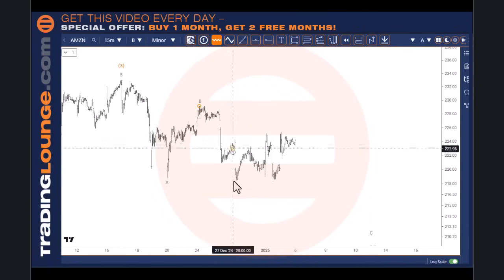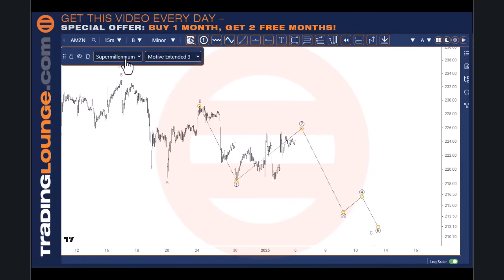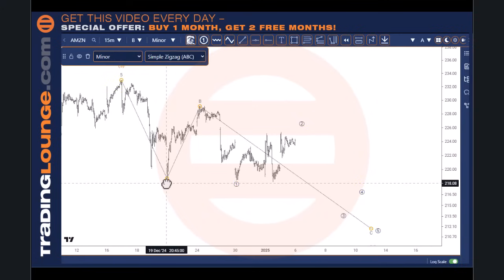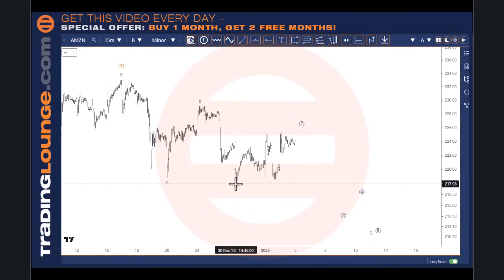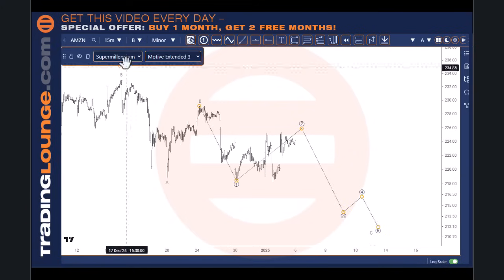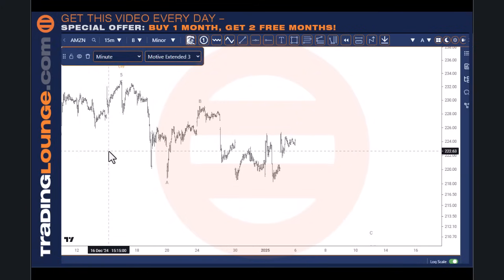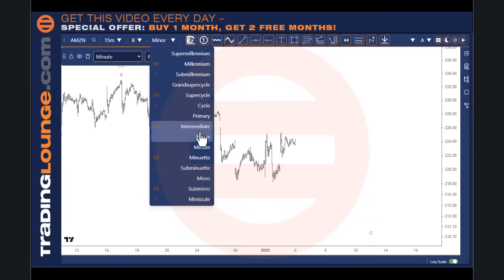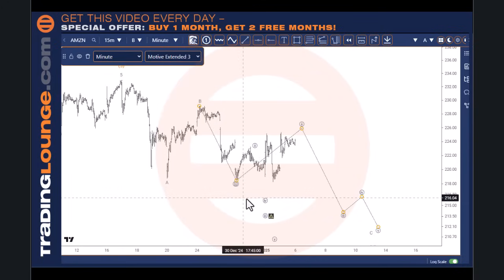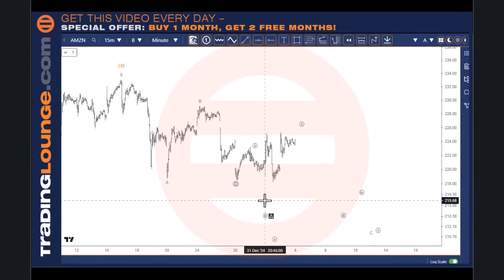So if you get that right here, see how it's given me the wrong one here. Maybe I've got the wrong one up there. It's not giving me the right one. And this will be 1, 2, 3, 4, 5. So we've got a little bit of a move up there, and then 3, 4, 5. I wonder if that's wrong there. Let me have a look at this one. Minor. Yeah, I didn't get it accurate. It's given me the wrong count, but it should have popped in at minute degree here. So I need to put minute degree here. Okay, well, I did have that there, so I'll just get rid of this one.